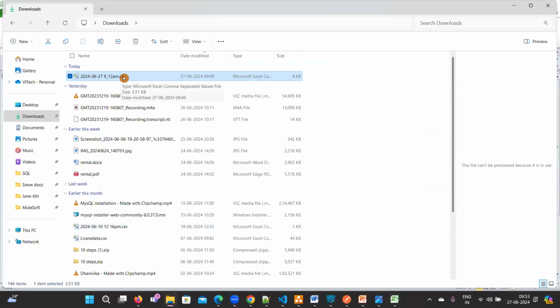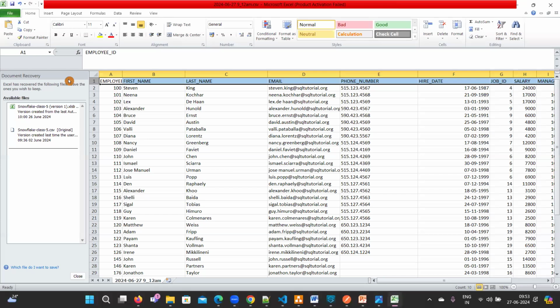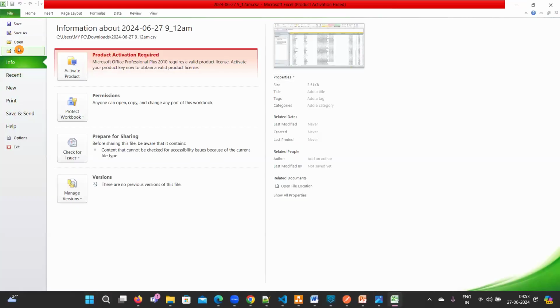So this is not Excel. Excel is different and CSV is different, comma separated values. Can you open this one? It looks like Excel only, but while we are saving, if you go to File, Save As,